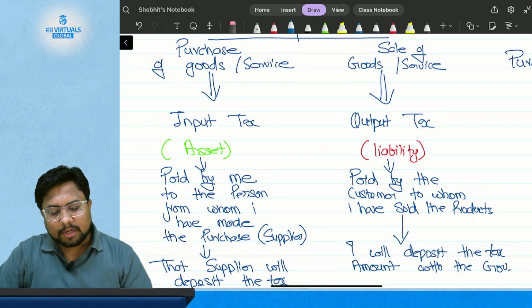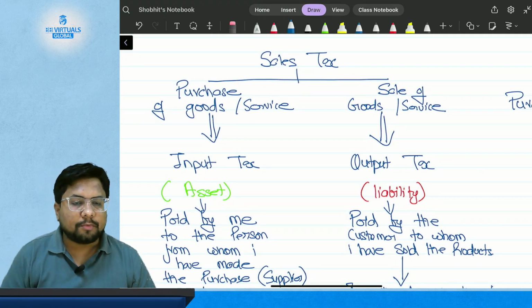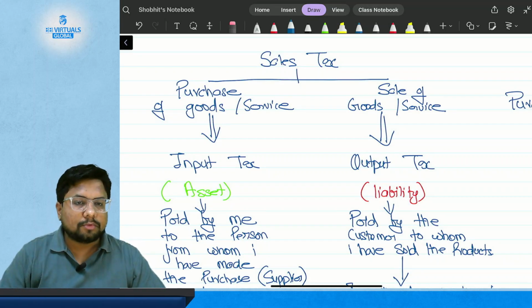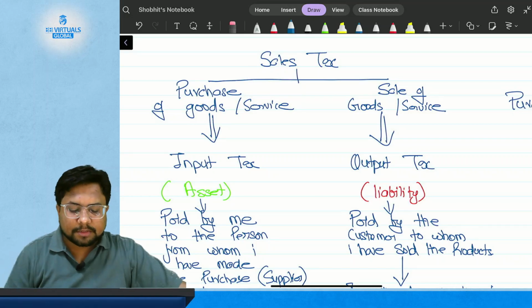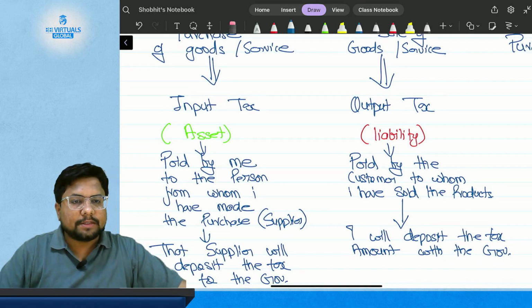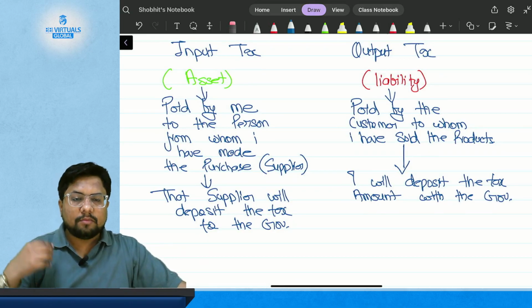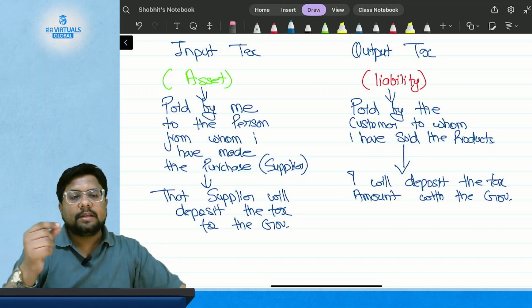Okay. So in the context of sales tax, there are two types of tax. First one is input tax, second one is output tax. Input tax is charged on the purchase of goods and services, whereas output tax is charged on the sale of goods and services. What is input tax? Input tax is an asset. Why is it an asset? Because it is paid by me for the purchase of goods or services, and I have paid it to the supplier,